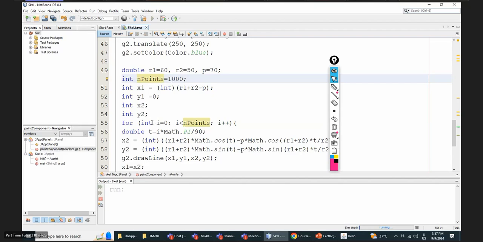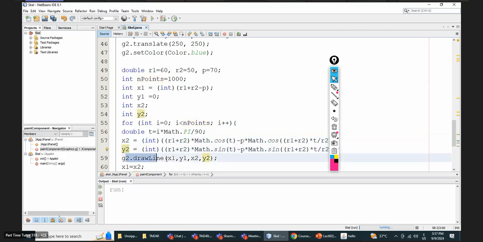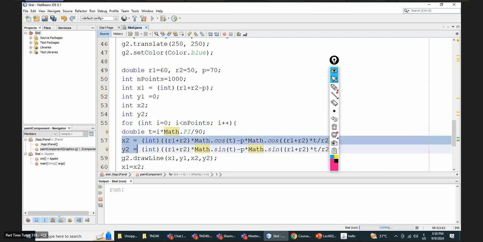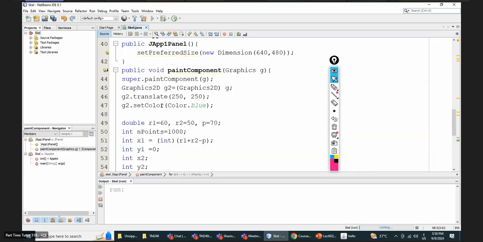So here we have the first value of I, which is 0. We have to calculate T. From T, we calculate x2 and y2, the point P2. And then we draw the line between P1 and P2. Then we increment I, which will be 1, and then we calculate T. T will be 1 multiplied by pi divided by 90. Then we calculate P2 and then we draw the line. It's simple. Now, if we change the values of R1 and R2, let's make it, for example, 30,